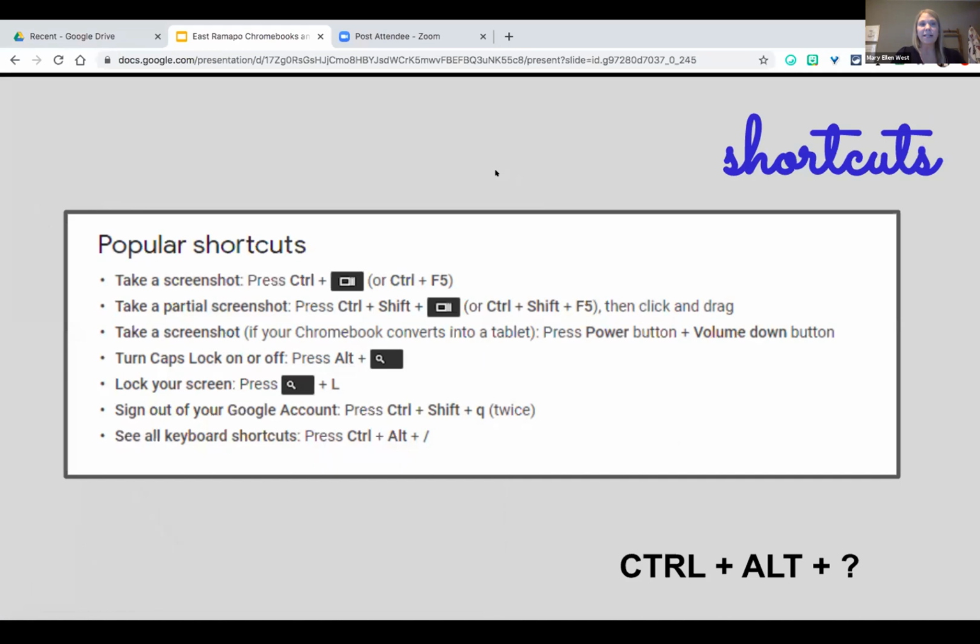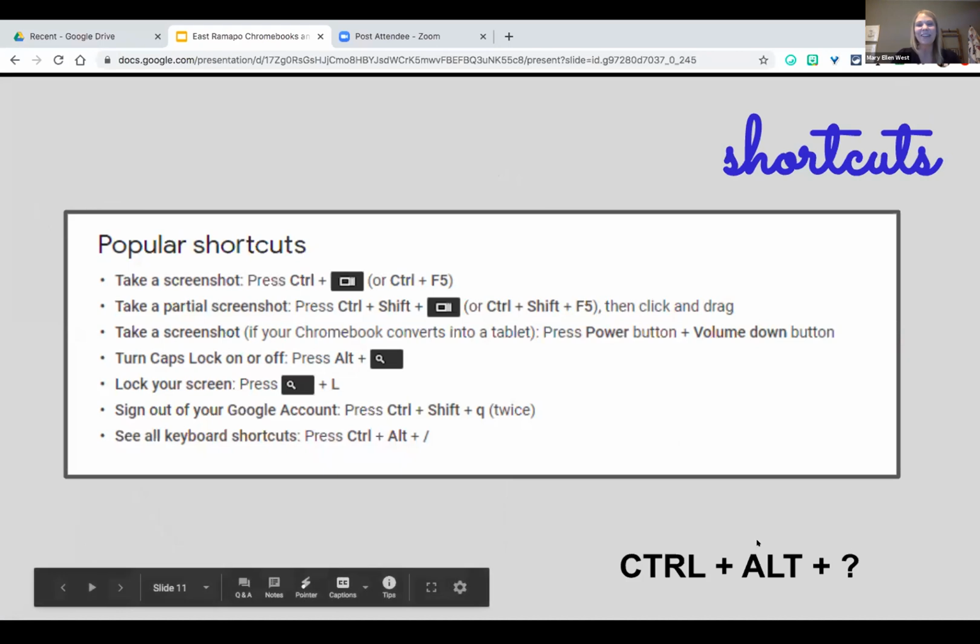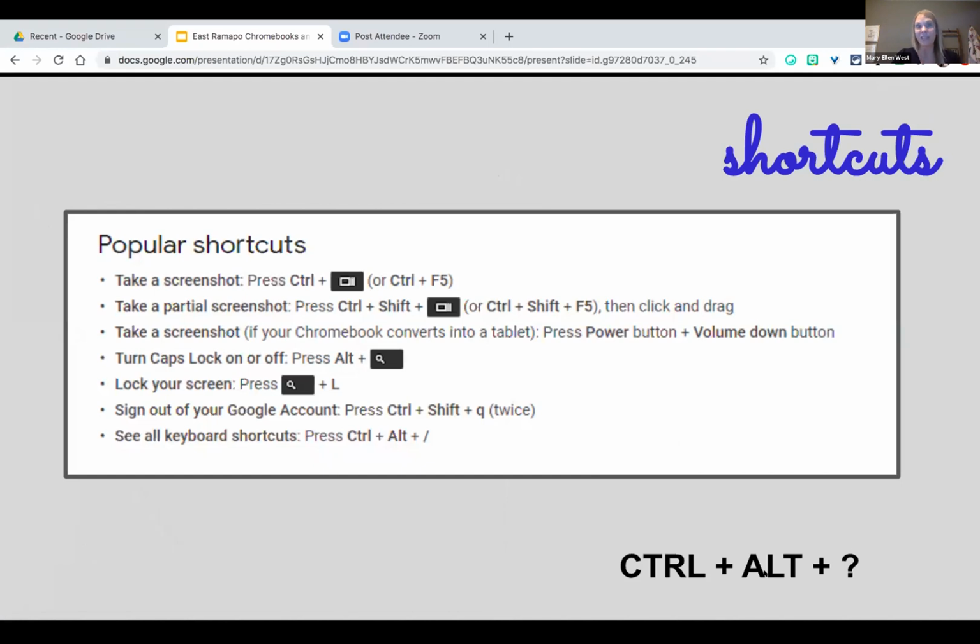There are a lot of shortcuts also for Chromebooks that can be incredibly helpful. My favorite shortcut is actually the shortcut to see the shortcuts. So if you hold down the Control button on your keyboard, the Alt button as well, and press the question mark, you'll actually get the menu of all the different keyboard shortcuts. Because I think everybody uses different ones, but some of the favorites are listed here on the screen. But I think my ultimate favorite, again, is Control Alt question mark in order to get all of those different